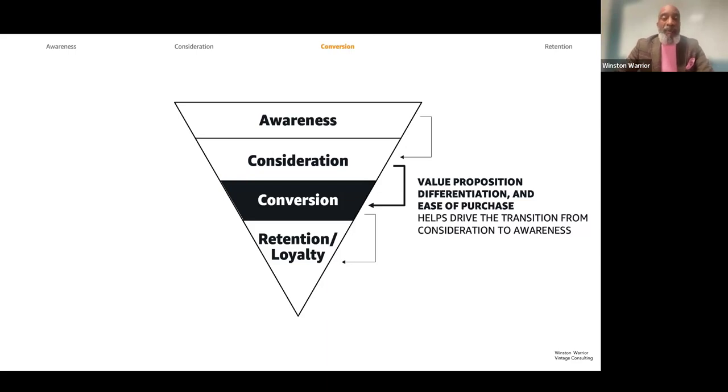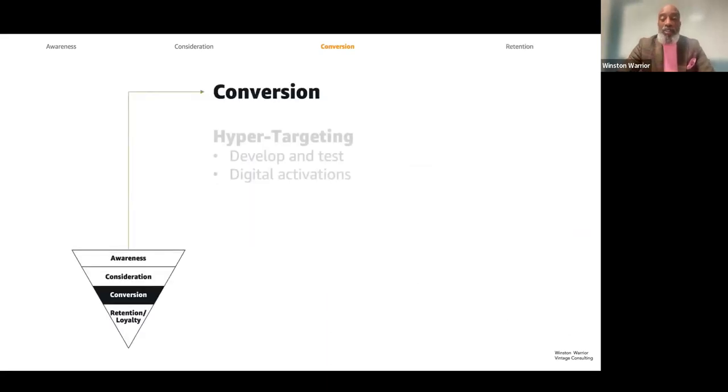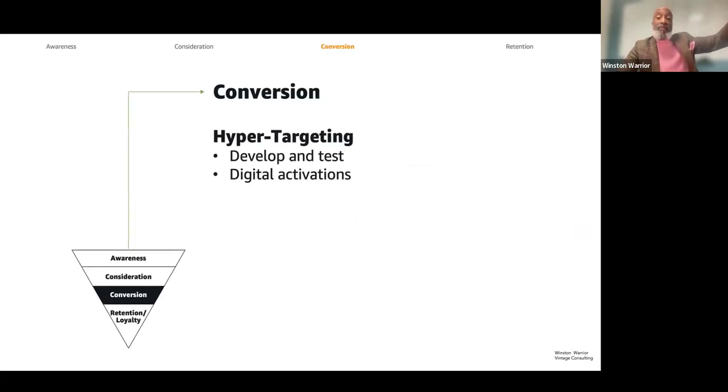If your website is not right, if your contact form gets unanswered, if you don't have great follow-up, then you're going to lose that person. You're going to lose that conversion. But if everything is tight and buttoned up, which is part of your marketing plan to have this right, then all of a sudden it's easy for that person to convert and easy to pay you and easy to understand. And then finally, the conversion happens. And that means you have hyper targeting, right? You develop and test who you're going to go after, and you convert them, right?